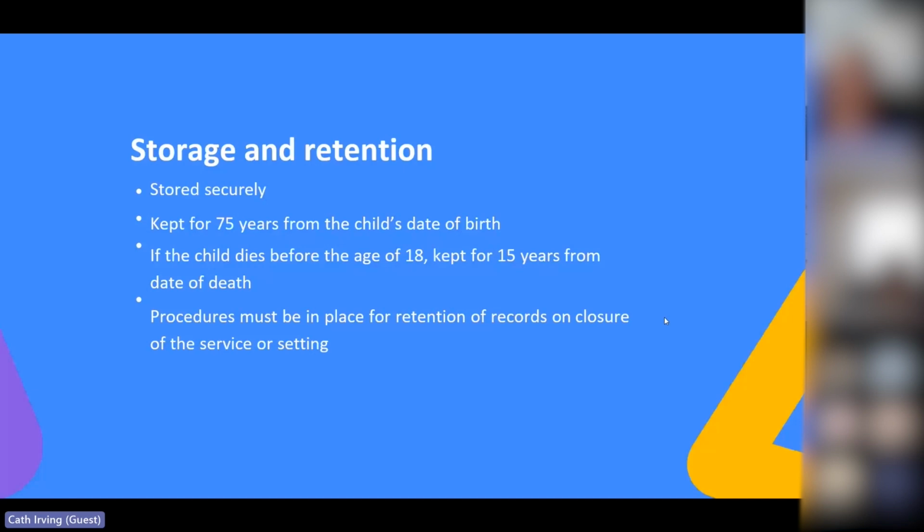So in terms of your record retention, this needs to be set out within your policies and procedures. They should be kept for 75 years from the child's date of birth, unless the child dies before the age of 18, in which case they're going to be kept for 15 years from the date of death. You must have procedures in place for retention of records in the situation in which the setting closes down. So if the setting closes and it remains under a provider that's still open, but it's just that particular setting's closed,